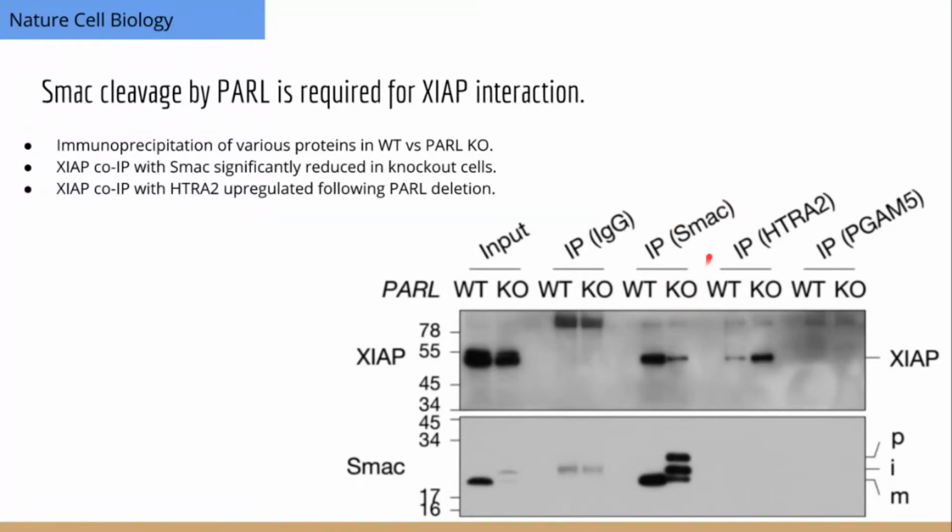They're knocking out PARL, and then they're precipitating Smac, and then they're staining for XIAP in the Western blot. So you can see when PARL is knocked out, the interaction between Smac and XIAP is vastly downregulated. So they don't hardly interact at all, and that's likely because there's dramatically less cytoplasmic Smac in its